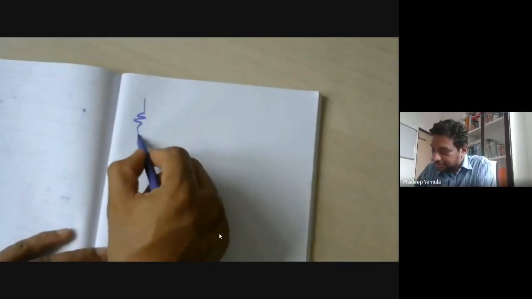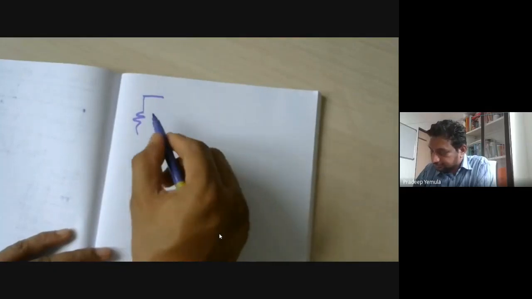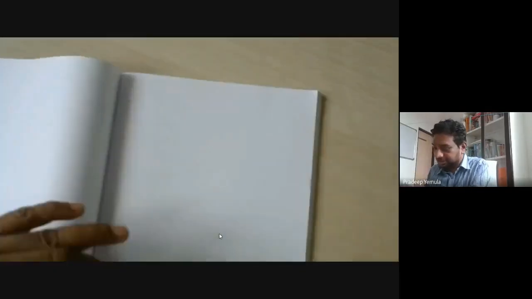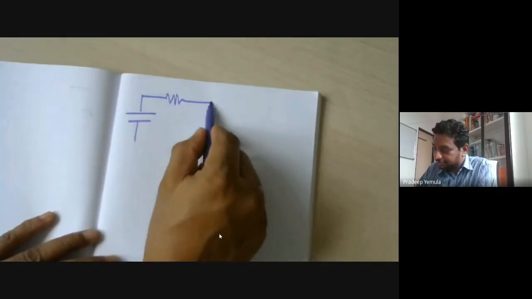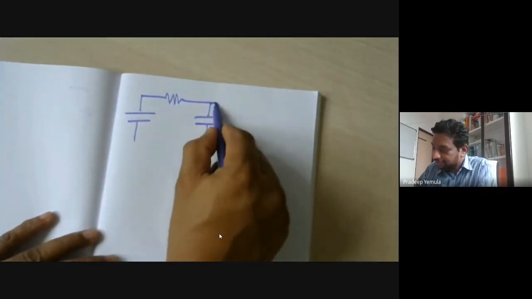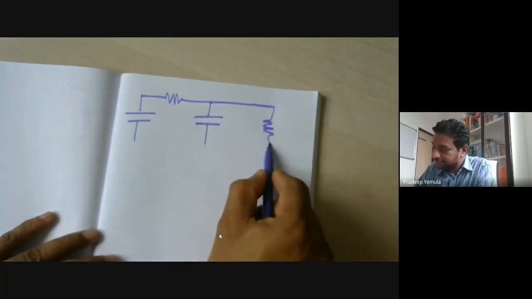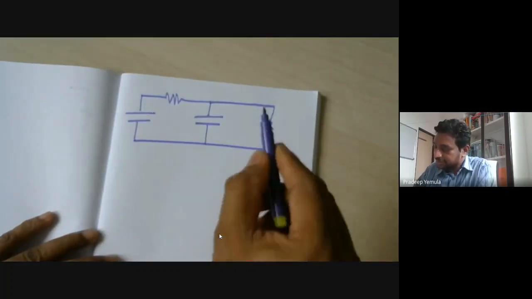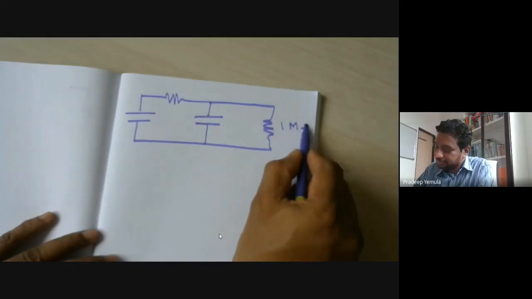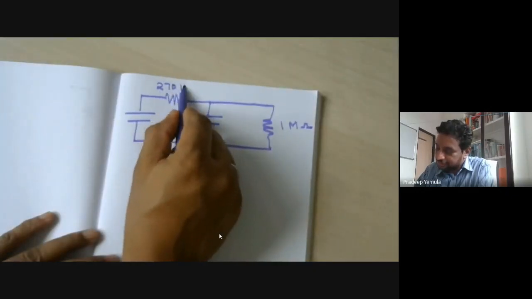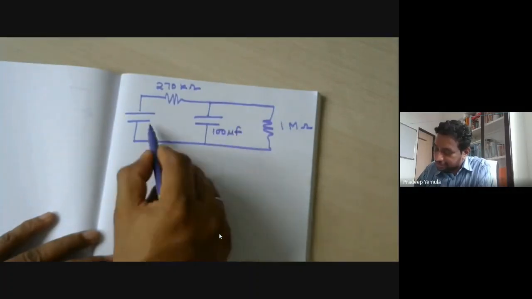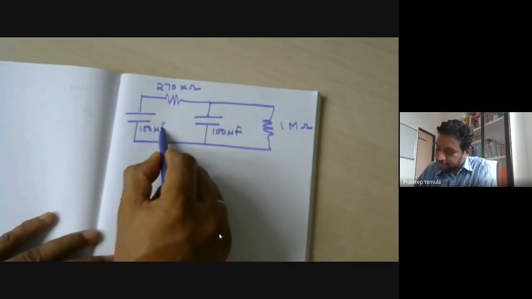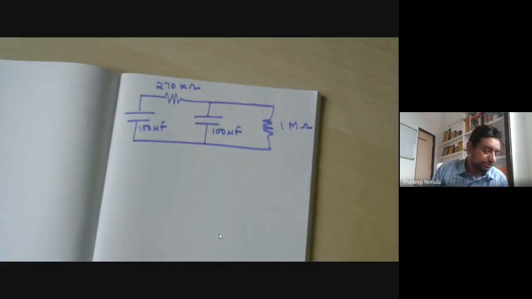So I have this circuit like this. I'm sorry, this is not a resistor. We have a capacitor first, then we have a resistor, then we have another capacitor, and then we have the voltmeter, which itself is a resistor. So this is 1 mega ohm, this is 270 kilo ohms, and this is 100 microfarads, and this is 100 microfarads. Okay. Now let me mark the currents. Okay.